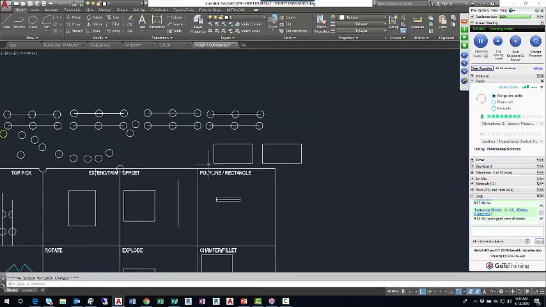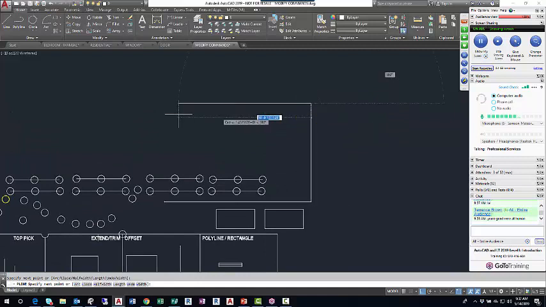For me, when I mentioned that I had done fire alarm design work, or fire alarm drafting work is the honest truth. If I click polyline and left click and move away from my first point, say this is the first point that my polyline attaches to, could be my fire alarm control panel, and then I'll left click and turn into, let's say, a hallway. I'll go up the hallway and down the hallway, and all the while I'm drawing my polyline through the fire alarm strobes or the fire alarm speakers, the devices that alert people to exit the building, there's a fire. I would use a polyline to draw the circuit line, or the circuit wire, if you will,